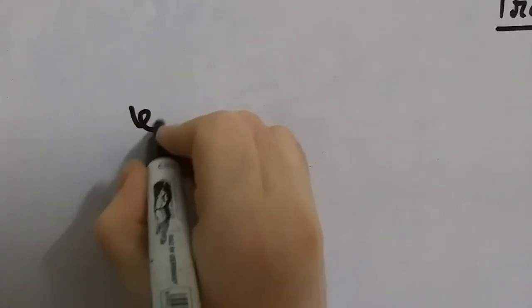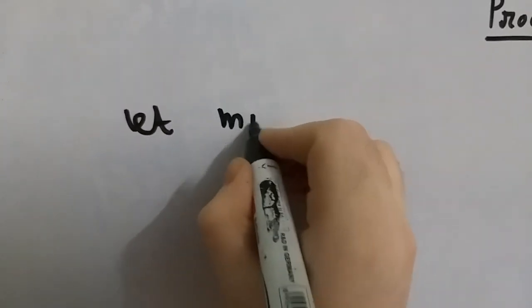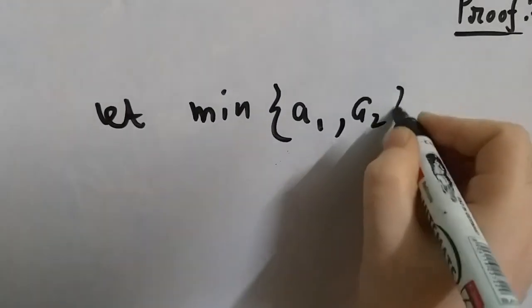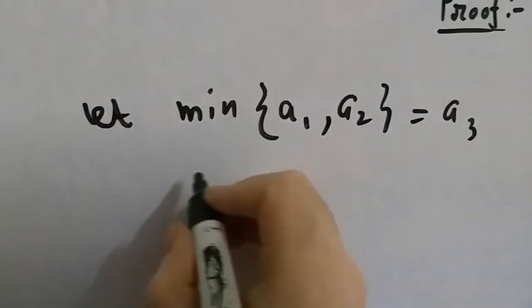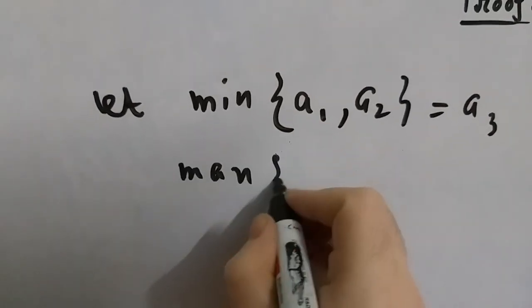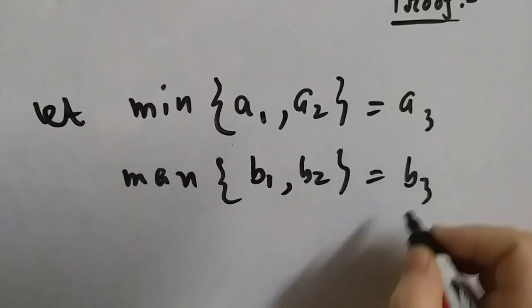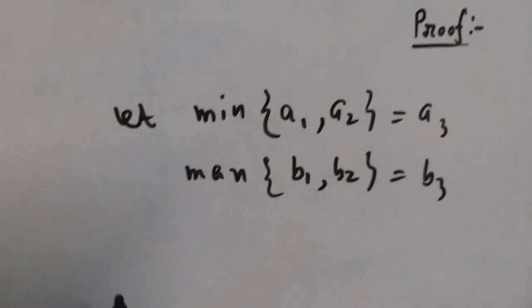Let minimum of a1, a2 equal a3 and maximum of b1, b2 equal b3. So from the figure